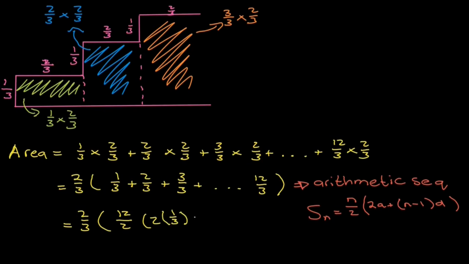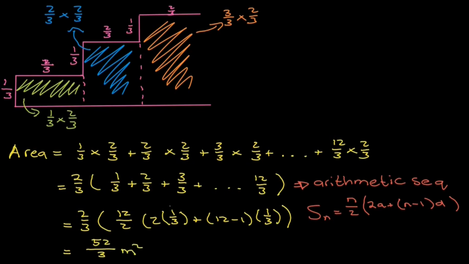Then we have plus n minus 1. Okay, we already discussed what n was. n is 12, minus 1. And lastly, we have d, and d is the difference between each term in the series, and the difference between each term is 1 over 3. You are adding 1 over 3 every time to get to the next term, so that is 1 over 3. Now if you plug that into your calculator, you should get an answer of 52 over 3